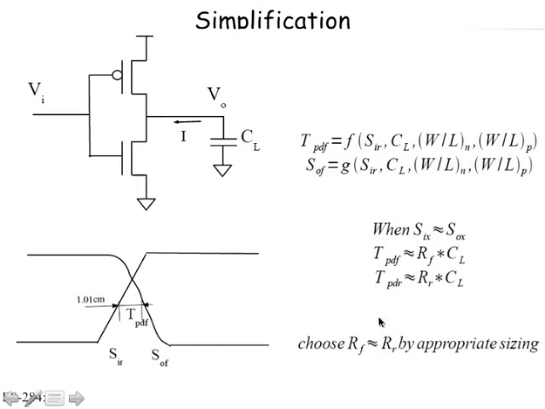Typically we want the rise and fall delays to be matching, but that's not always the case. There are occasions where, as I said, you want to skew the gates. You make the rising faster than the falling and so on. But when you don't have any preference, you try to make the effective resistance of the pull up and pull down network the same. When the mobilities are off by a factor of 2, that means PMOS is slower than NMOS by a factor of 2, you have to double the size of the PMOS to get the same effective resistance.